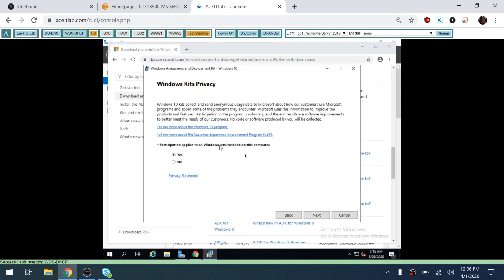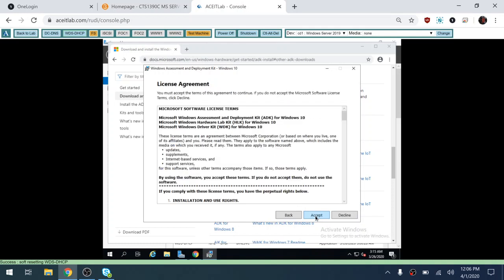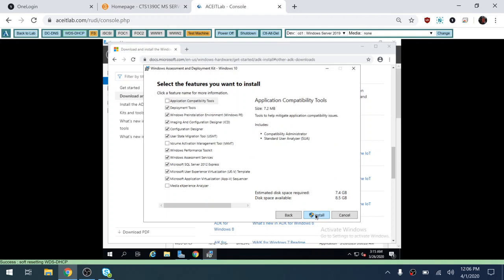It's asking, do you want to give them information about what you're doing with this product? I'm just going to say Next. Accept the end user license agreement. And the stuff that I need